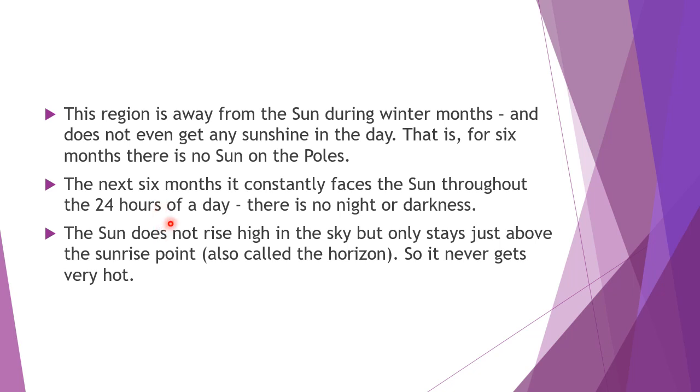That is called horizon. The sun does not rise high in the sky, but actually how we can see a total ball of sun in our area, like that they cannot see in that area, because half of the sun rising they can see, stays just above the sunrise point. Total sun they cannot see. That means suppose you go to the beach, you feel that sky and water, the sea water is joining somewhere. That is called horizon. The same way, even northern or the southern hemisphere, what happens?